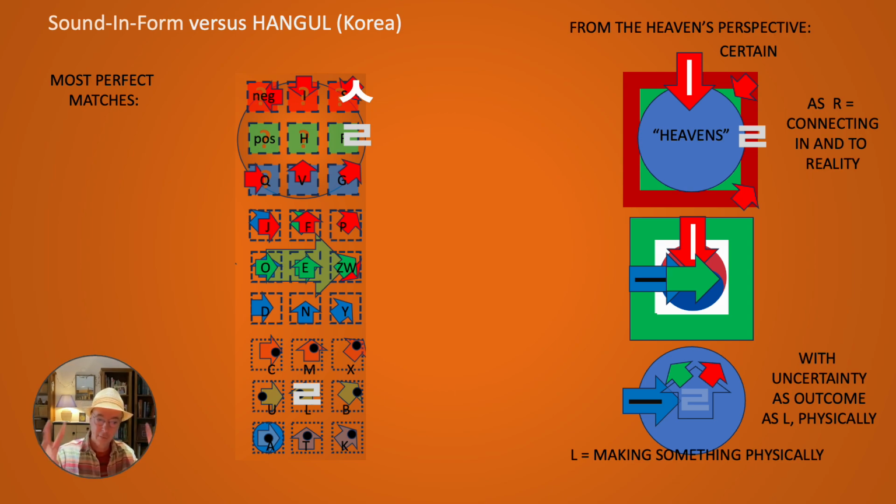Within this region of the heavens, there's much more going on. In the heavens, they make a match between heaven and earth. They make a match that they see what is needed for the earth in a timed process, and let's make the match. With the R, the match will be made.